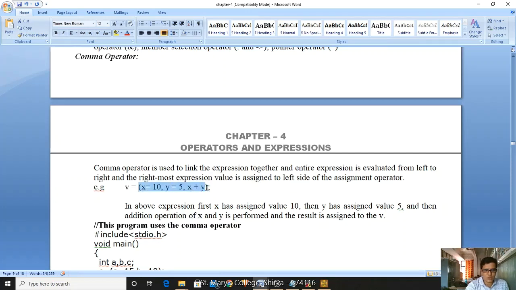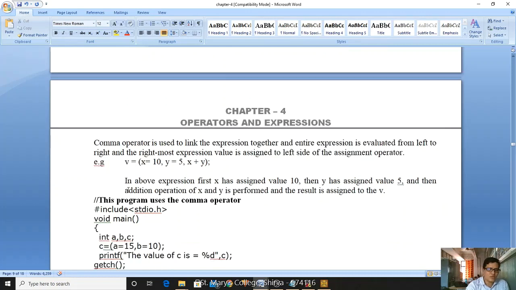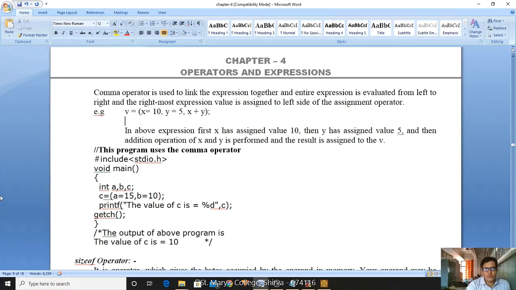You take one single expression and then use the assignment operator. Now what is the value of v? The v will store the rightmost value, which is x plus y, that is 15. So the comma operator can be used to evaluate multiple expressions from left to right, and the rightmost expression value will be stored in your variable.